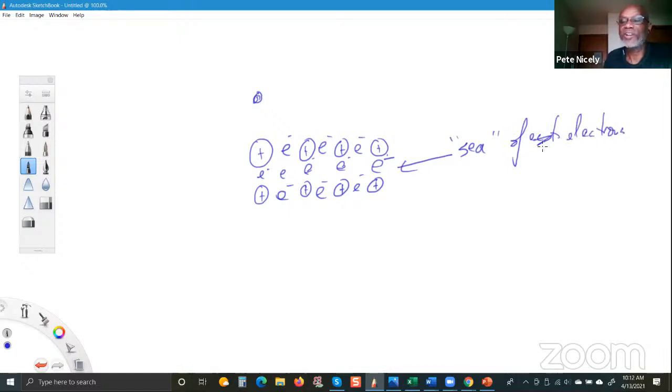So therefore, you have a strong attractive force between these positive ions and the electrons that are flowing between them, right? And these electrons are very mobile. And that's the reason why metals are able to conduct electricity very well, all right? So going back to the table here,